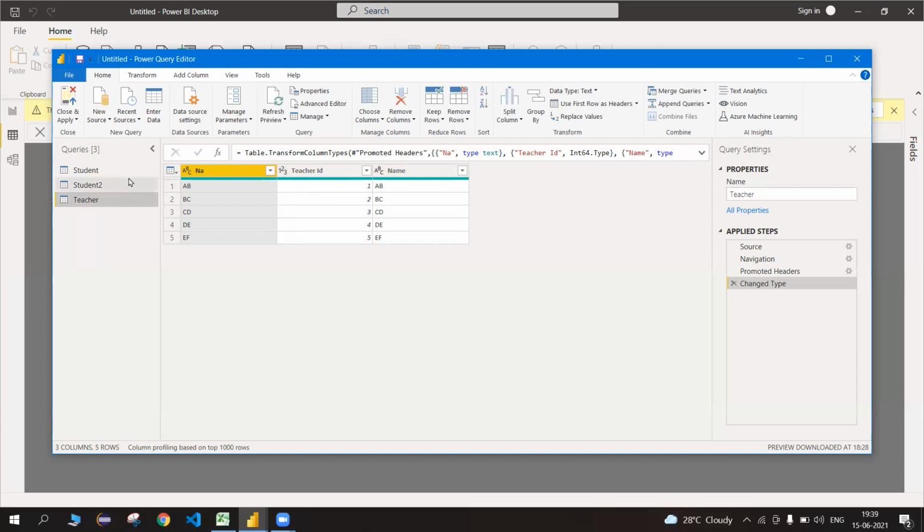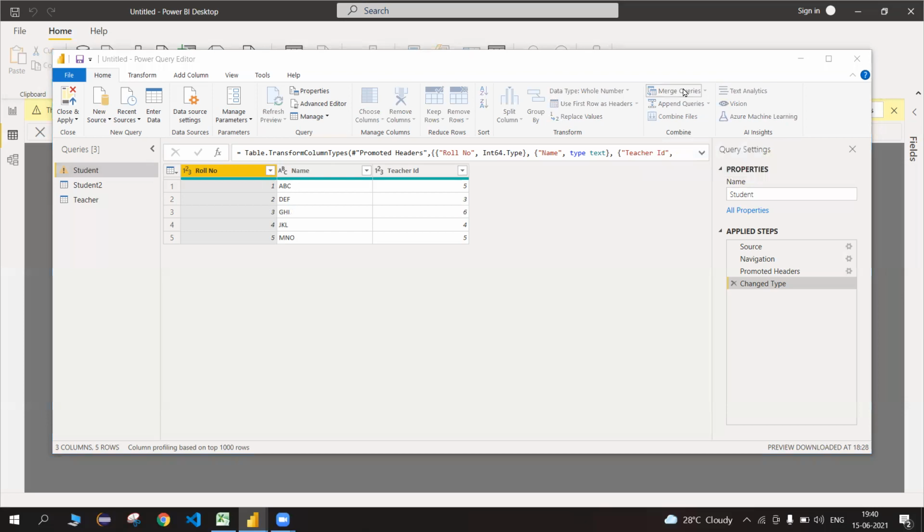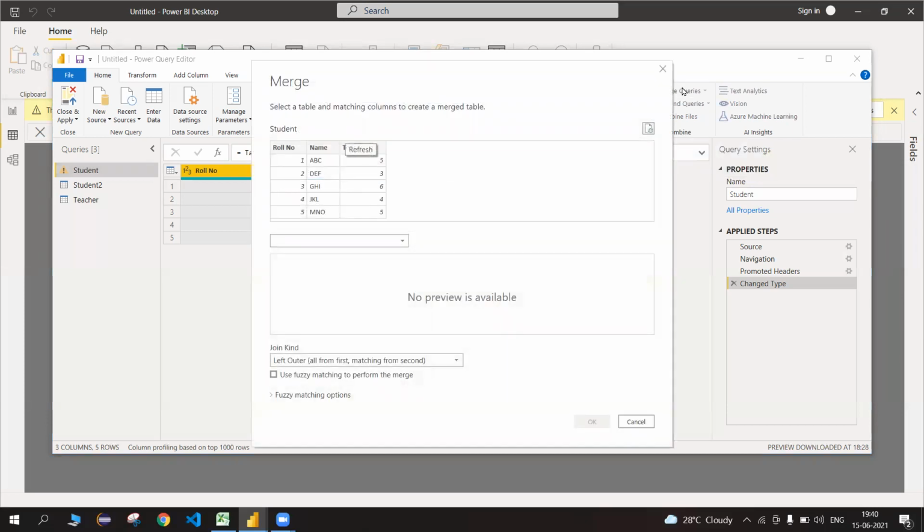Now I would like to display the data from the teacher table. Basically, I would like to display the teacher name in the student table. For that, as we have to add more columns, I would be using the option of merge queries. When I click on merge queries, for today's session, I would be merging queries in the same table rather than creating a new table. The first table is the selected table, student, and I need to select the second table I would be merging. As it is the teacher table, I would be selecting the teacher table from the drop down. And now the whole structure of the table is displayed.